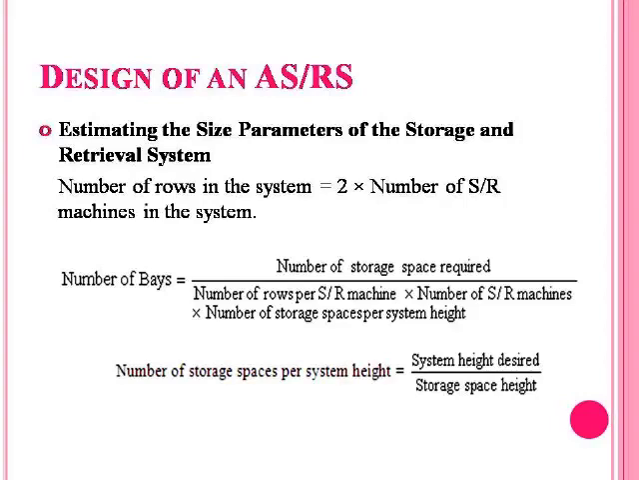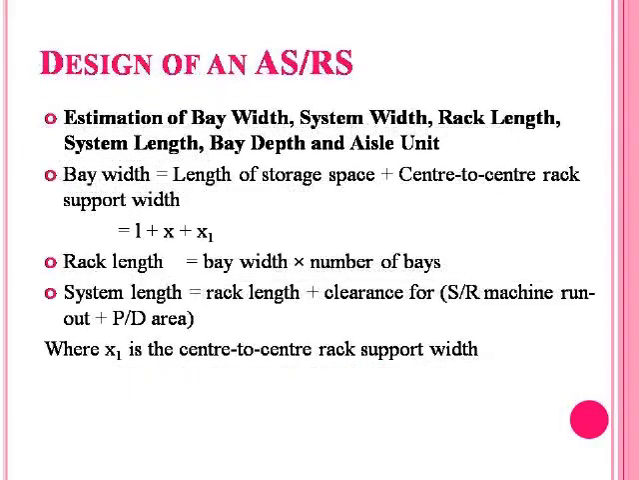You can now get it as number of bays is equal to number of storage spaces required divided by number of rows per SR machine multiplied by number of SR machines multiplied by storage spaces per system height, and number of storage spaces per system height is equal to system height design divided by storage space height. Design of an ASRS, still continuing, and how to estimate the bay width, system width, rack